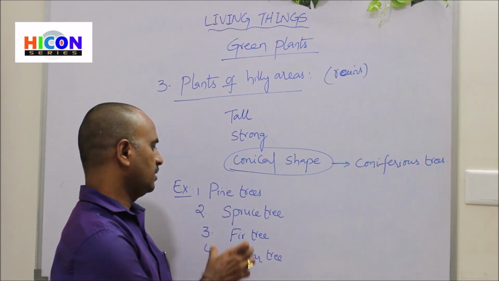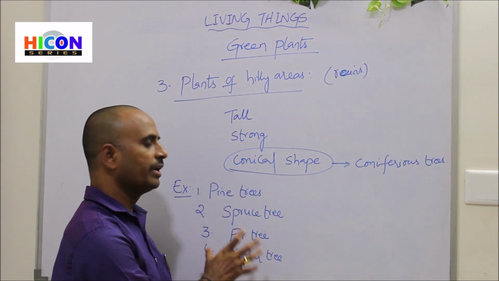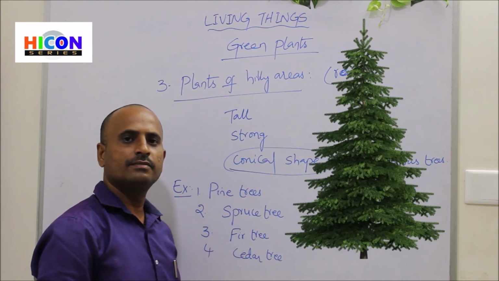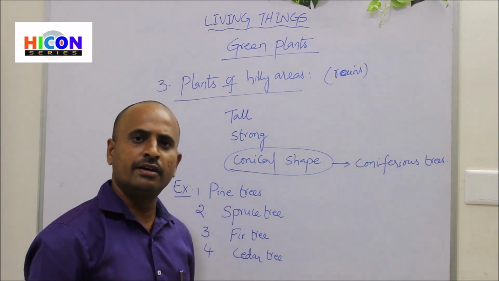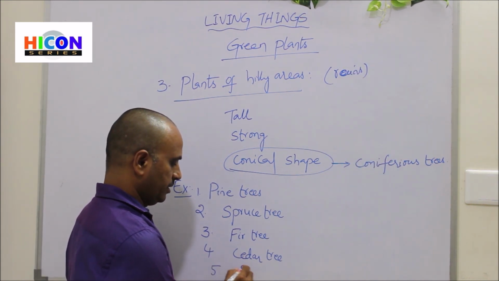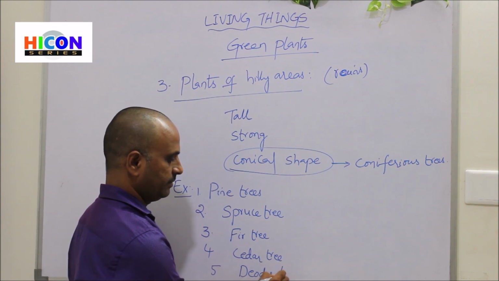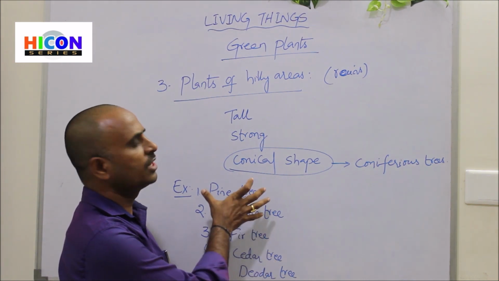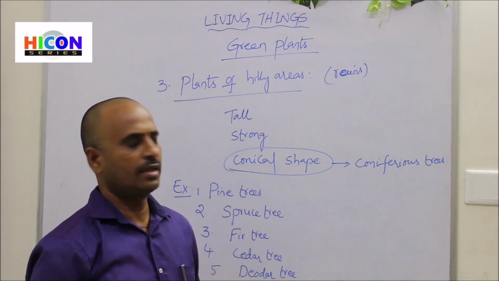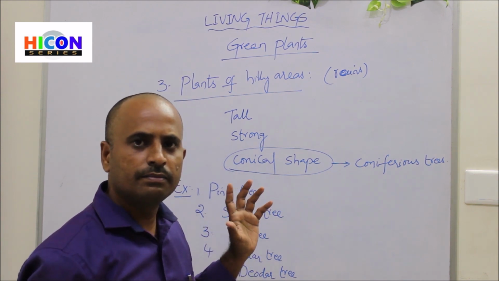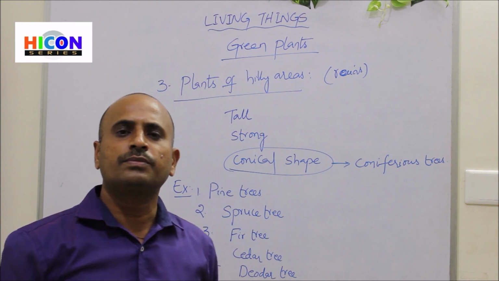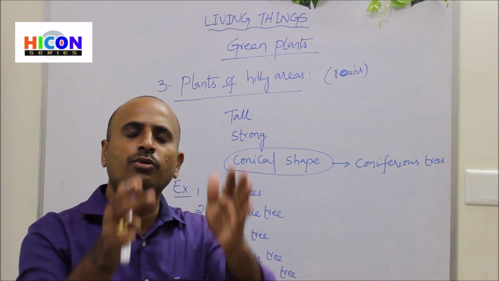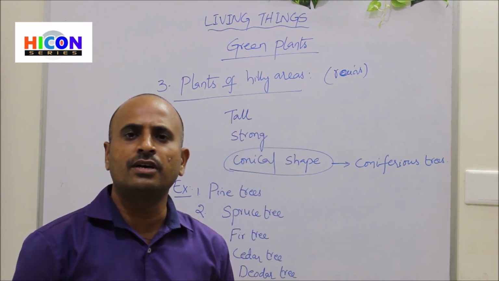So these are the examples for the plants which are growing in hill areas. Pine trees, spruce tree, fir tree, cedar tree and also deodar tree. Deodar tree. All these are examples for the plants which are grown in hill areas. If you observe the pictures, all these plants are in conical shape and all the plants are very tall